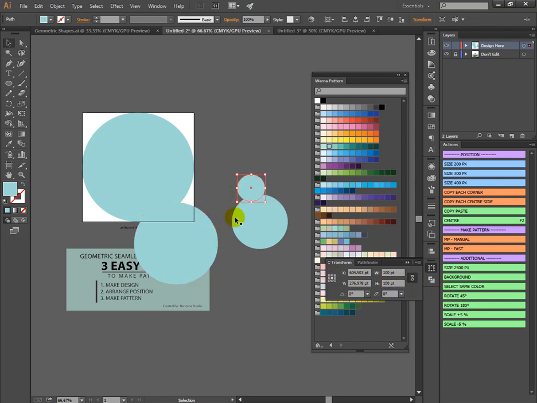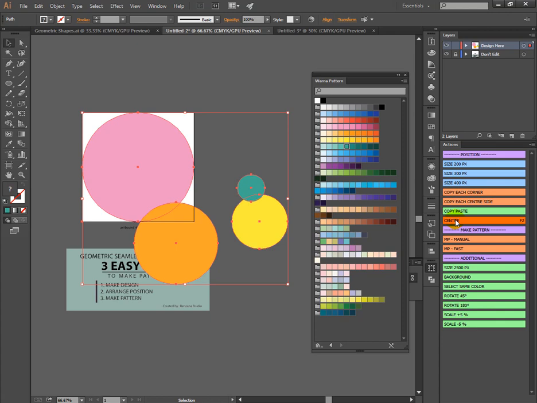Okay, now I want to color this shape. For this one, I think this and this. Okay, and I will select all and click center.